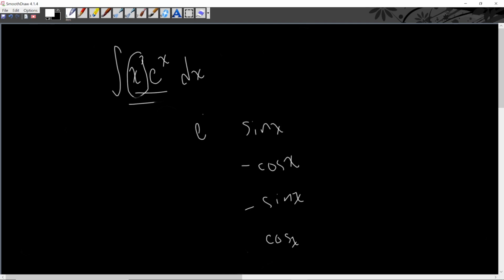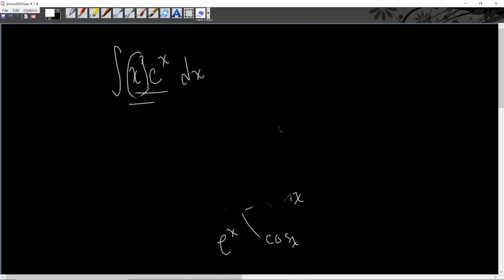Like, if you have e to the power of x, e to the power of x, e to the power of x, I'm using a relatively simple one, this will never stop. V will never stop, and u will never stop. So, just as a reminder, if you have two functions where either of them oscillate or continue to cycle in derivative and integral, then it might be easier to just do integration by parts. But